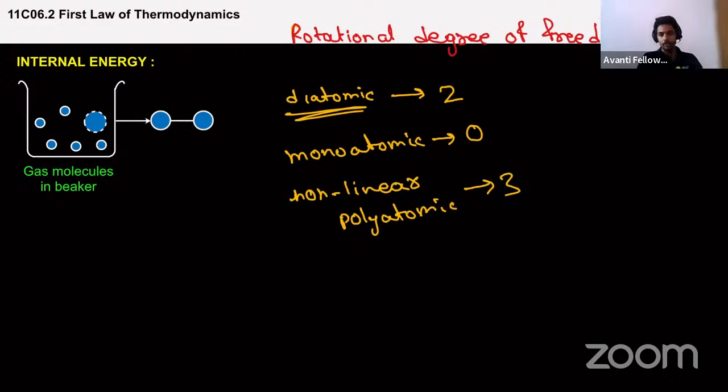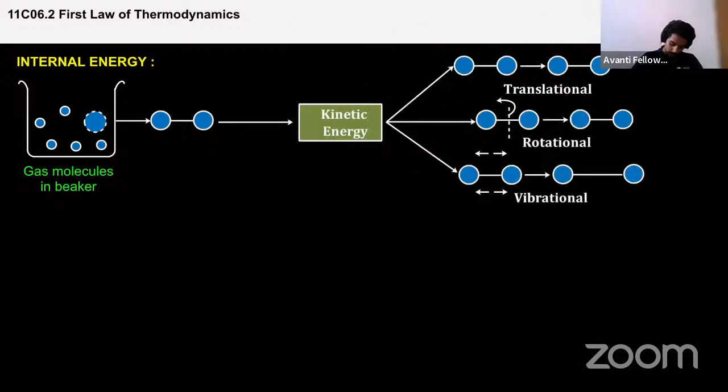For translation degree of freedom, it is possible for all molecules to move along x, y and z directions, so it will have 3 degrees of freedom in translation motion. When we come to rotational degree of freedom, monoatomic gases will have 0 rotational degrees, diatomic gases or linear polyatomic gases will have 2 degrees of freedom, and non-linear polyatomic gases will have 3 degrees of freedom. Okay. Now, one more thing we need to remember is